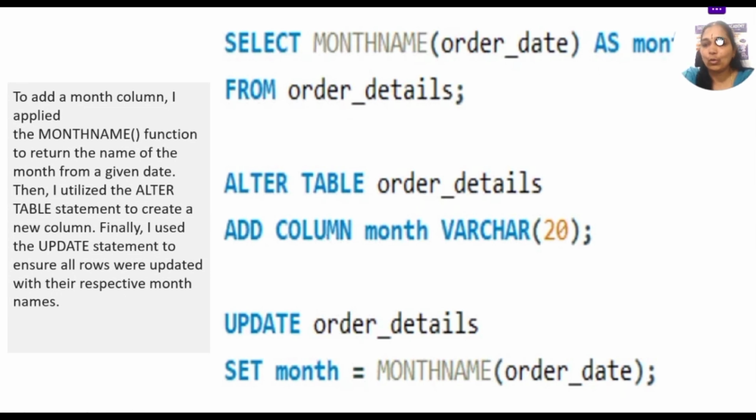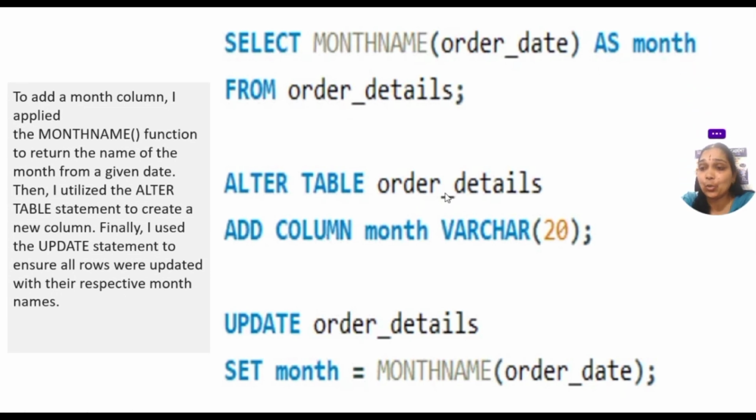So don't go directly for the alter, or directly create every field name in the database. This is basic knowledge: while creating the database, first the main field names have to be created and data has to be entered first. After that, you use alter and modify.